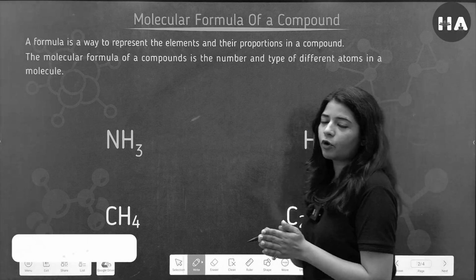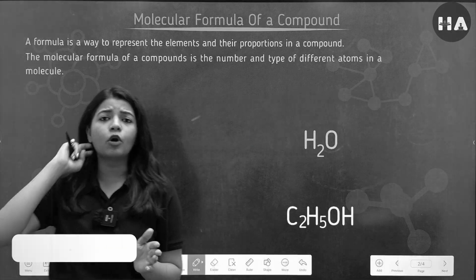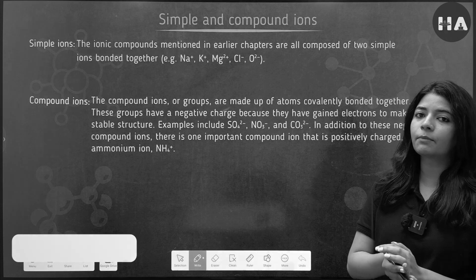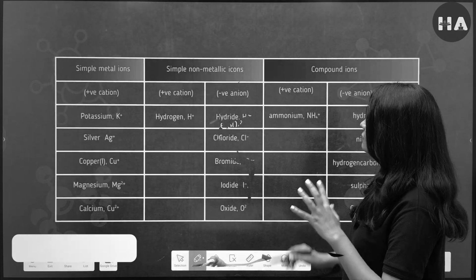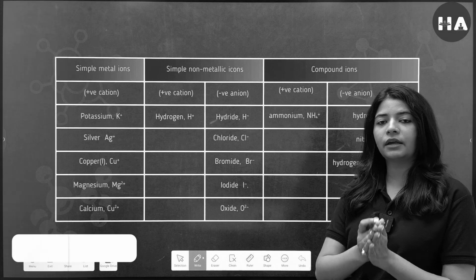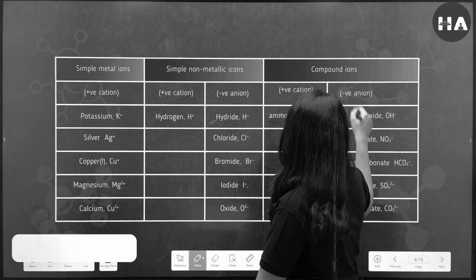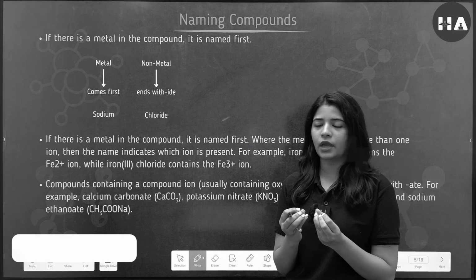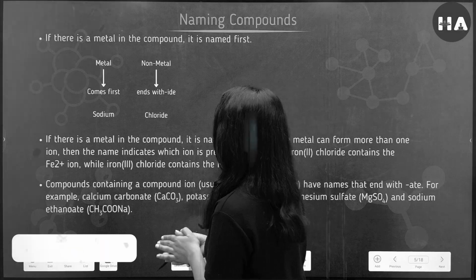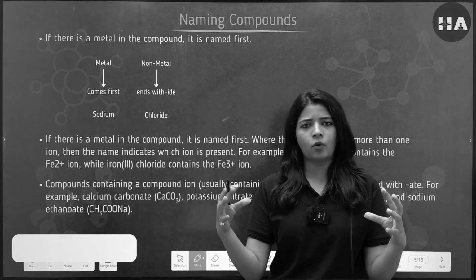Thing is molecular formula of a compound. Now, what is the molecular formula of a compound? Simple compounds and compound ions. Okay, so what are simple ions? Which shows simple metal ions, simple non-metal ions, and compound ions. So let's understand how we name these compounds. Okay, so first and foremost, if you have any compound wherein